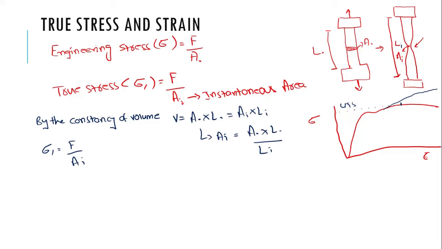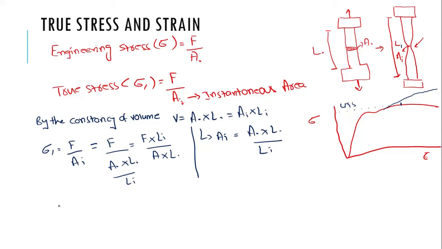So it can be written as F divided by A naught into L naught divided by Li, or